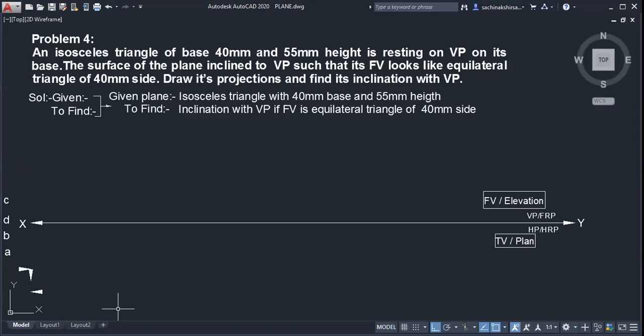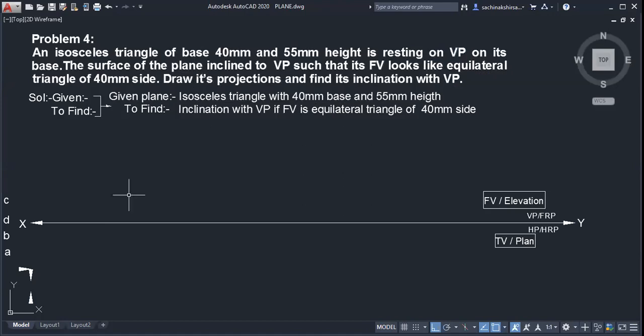So, where is this plane lying? In VP or in HP? On HP or on VP? This word is most important. On VP. Okay, so shall we solve? Will you give attention here? Those who just say solving, solving, I don't feel they are solving. As the plane is lying on VP, where will its true shape be? On VP or in VP means above the XY line. So the true shape will be above the XY line.